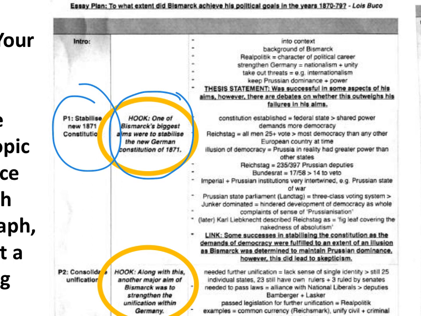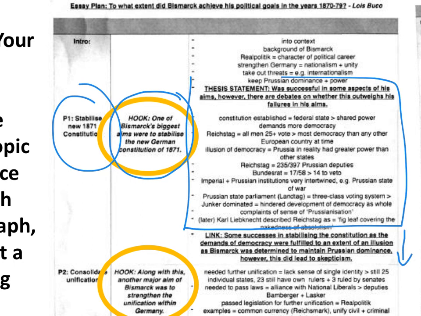And then the candidate has written out here the type of content, the type of development that would go into developing that particular topic sentence. So the material that would go into that paragraph. Now that's 6.5 minutes to do that. What's also nice about this is that the candidate then thinks about how that paragraph will link to the next paragraph. So the link then goes to the hook of the next paragraph, consolidating unification. So the linkage is important. More on that in my second video, where I give general advice for this particular essay question.